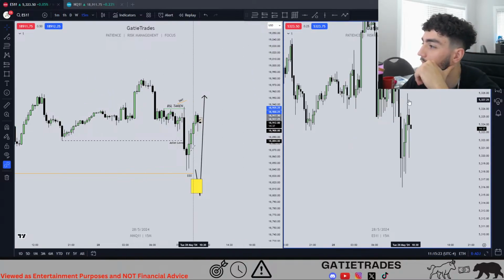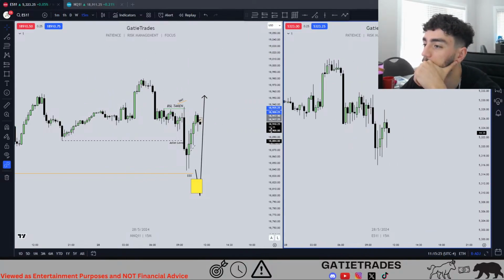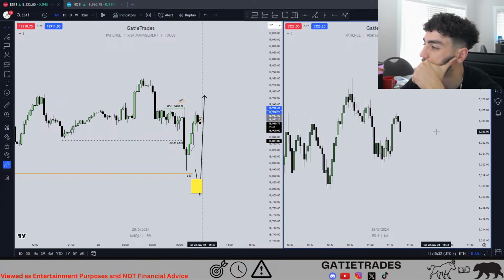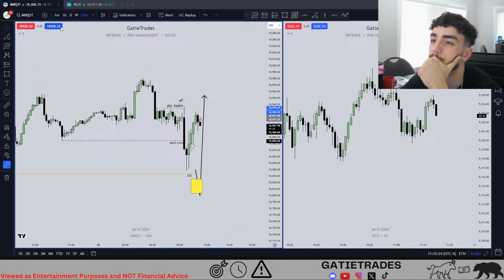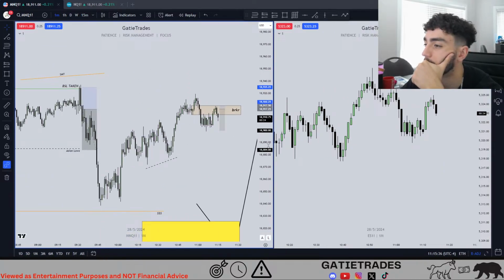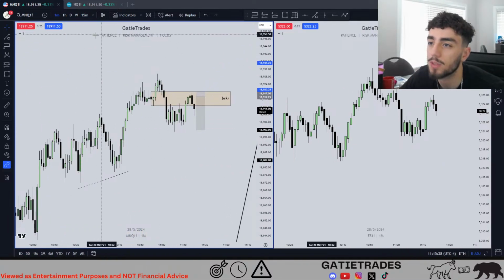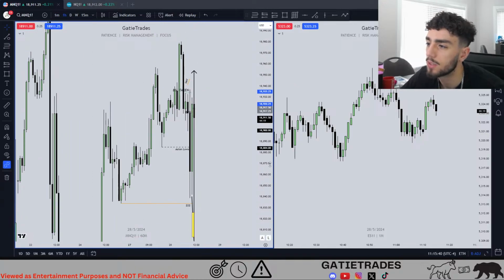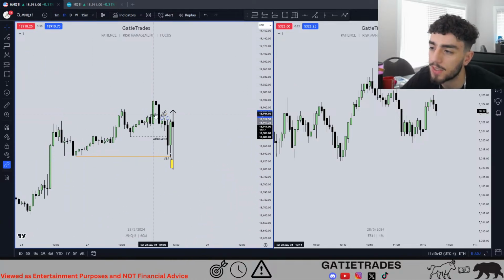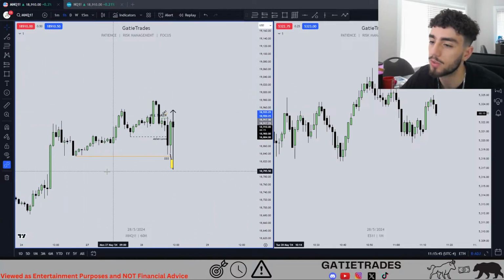Was there an SMT there? Yeah, ES is respecting though. ES is very bearish actually. So could look for it on ES, I guess, if you want to stick with the 15-minute fair value gap. You look at the hourly fair value gap. We're still trading inside this hourly fair value gap right here, which is the one that's in.